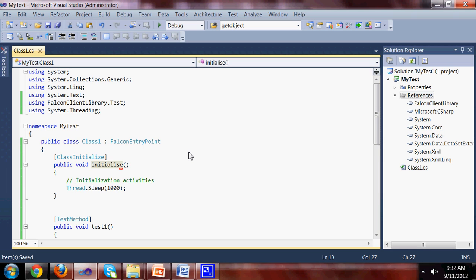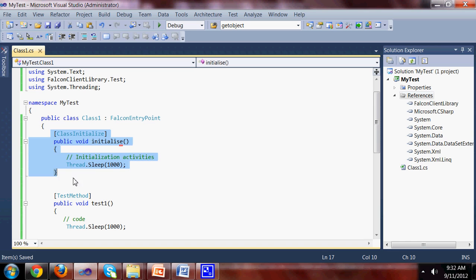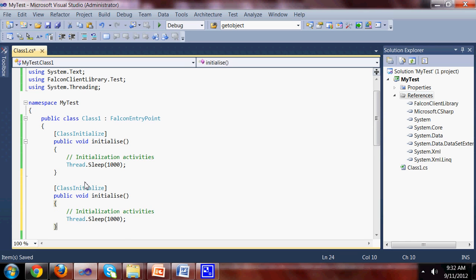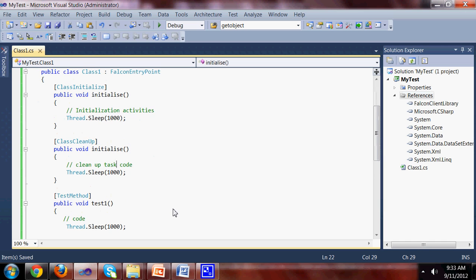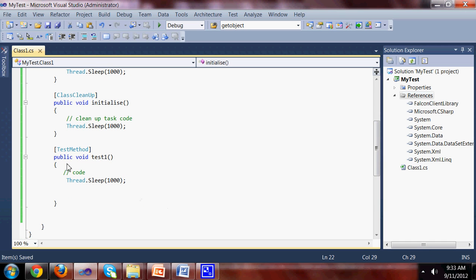now similarly I can declare one more thing. Let's say my class cleanup, so it will be executed for cleanup task code. You can write it over there, and similarly you can write